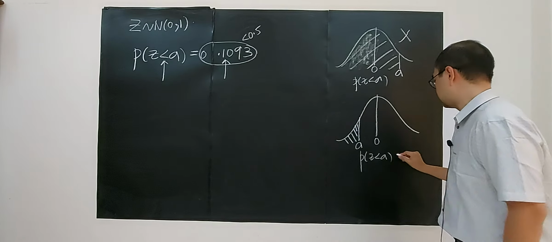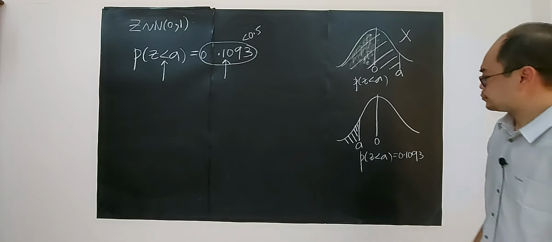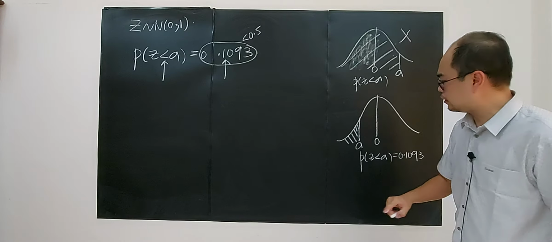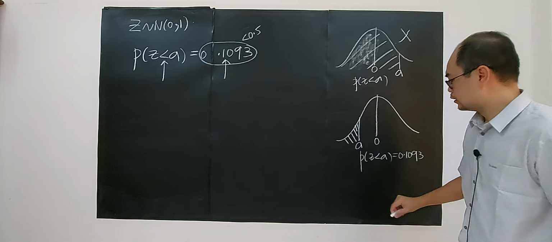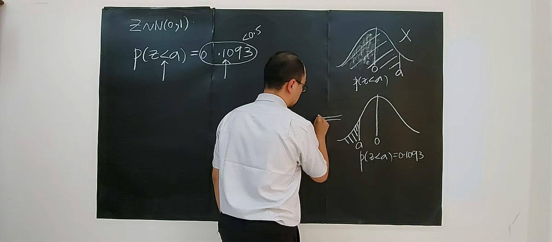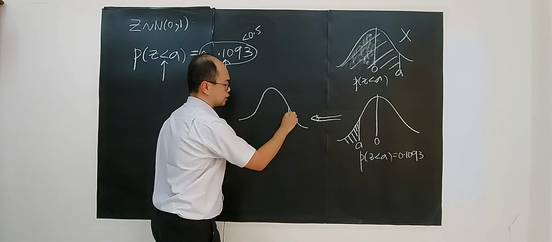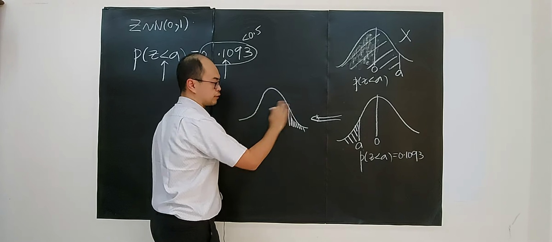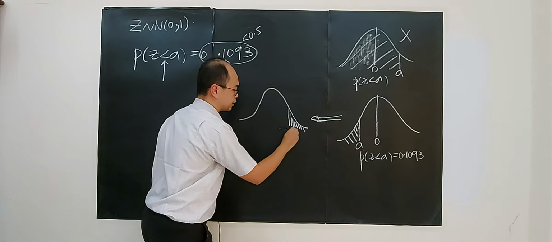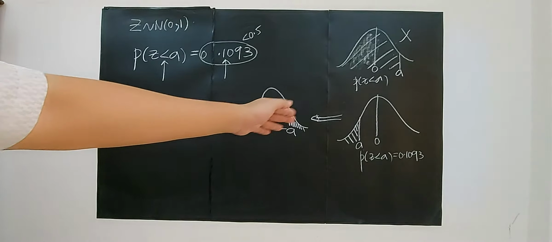In this case here is 0.1093, right? But this is on the left hand side. From the statistical table, we must convert this to the right hand side, right? So I have to reflect this, I have to transform this. Imagine the left hand side A is reflected into the right hand side. It will become negative A. So can you try to figure out why I put a negative here?